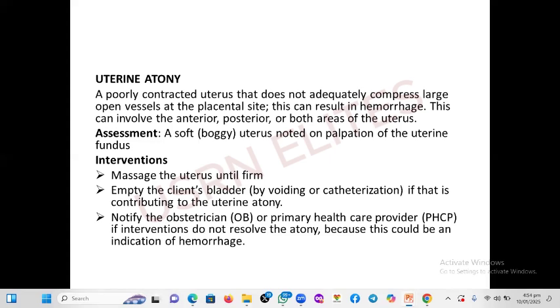Now, there are some factors that could cause uterine atony. One of them is when the bladder becomes full. When a woman delivers, our midwives who are here can best teach us this, in the postpartum period you have to empty the bladder. You empty the bladder so that the bladder will not displace the uterus. When the uterus gets displaced out of its position or shifted to the side, you will have